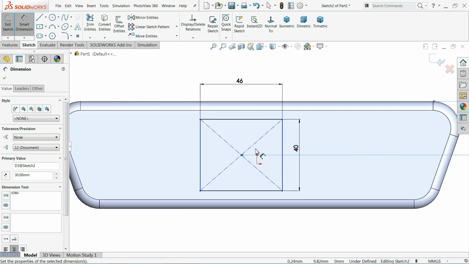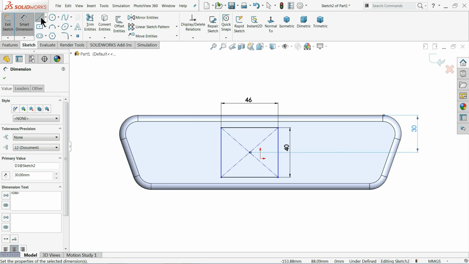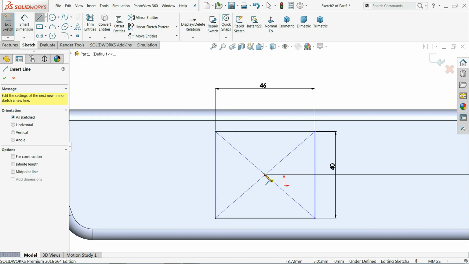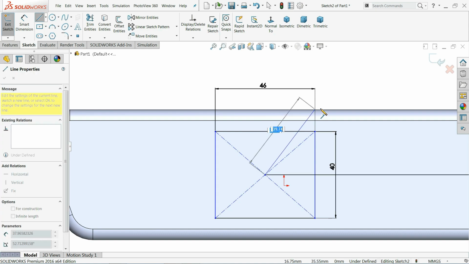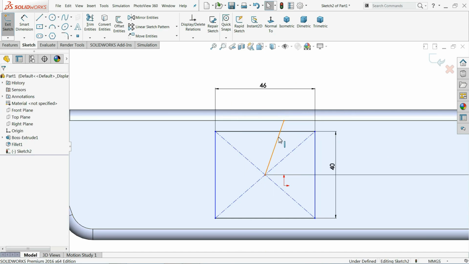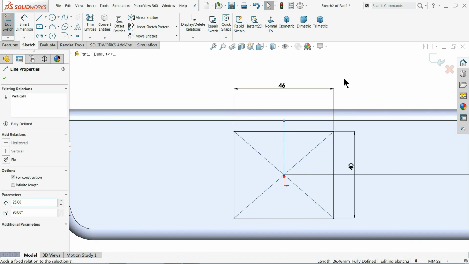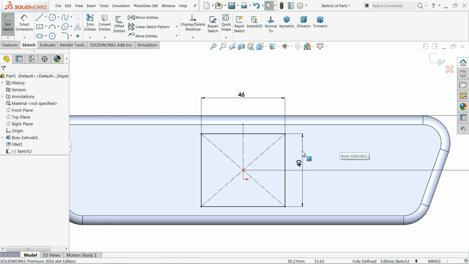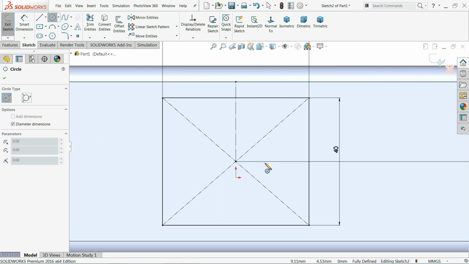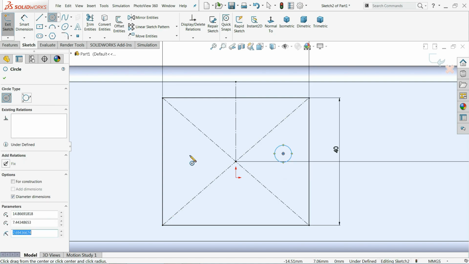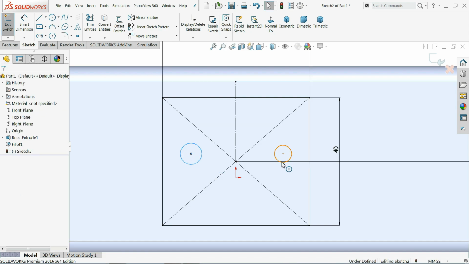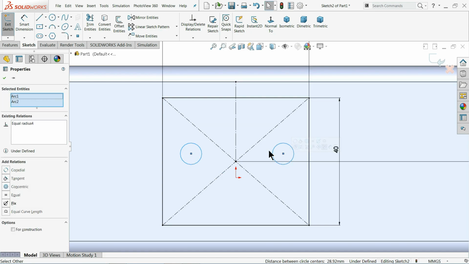And center distance, even though select line, connect from here to, you will find here one midpoint. If you move your cursor, in this line also you will find a midpoint, click this line, construction, again click this line. See, drawing is fully defined. Now let's make hole also here so that it helps. Now select both the holes, equal relation.